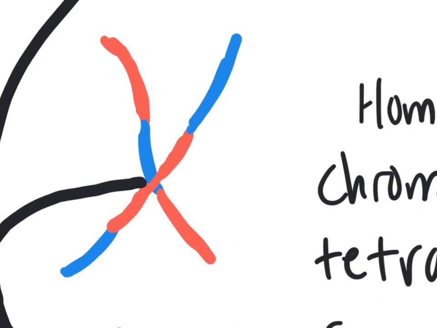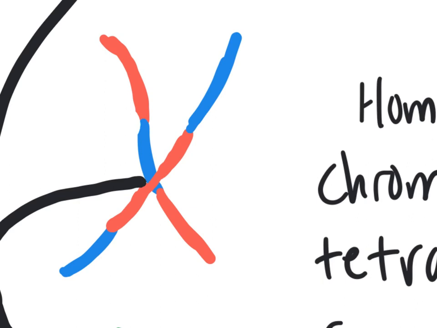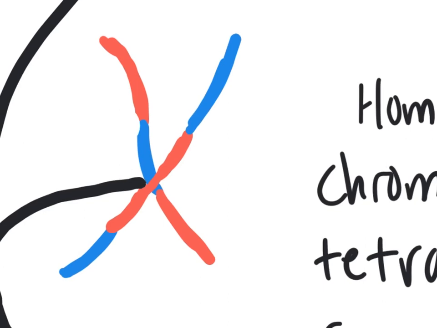So when they replicated in the S phase, both chromosomes, mom and dad's, when they duplicated, were identical. So mom's was identical to mom's copy, and dad's was identical to dad's copy. 100% mom, 100% dad. However, because of the crossing over, now no chromosome is 100% mom or dad. They're all going to be this weird mixture of mom's traits and dad's traits. For instance, if my mom has red hair and blue eyes, maybe she traded here in the middle her blue eyes for my dad's brown eyes and kept the red hair, and he kept the brown hair.